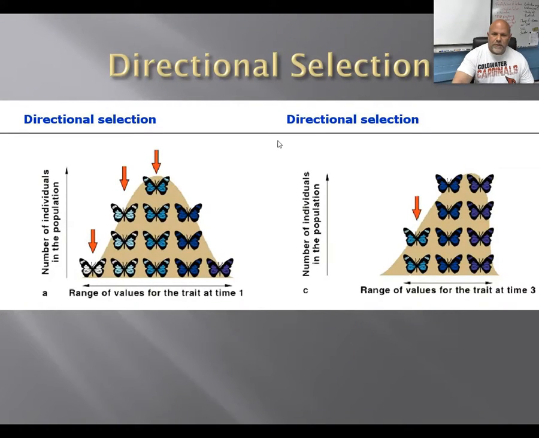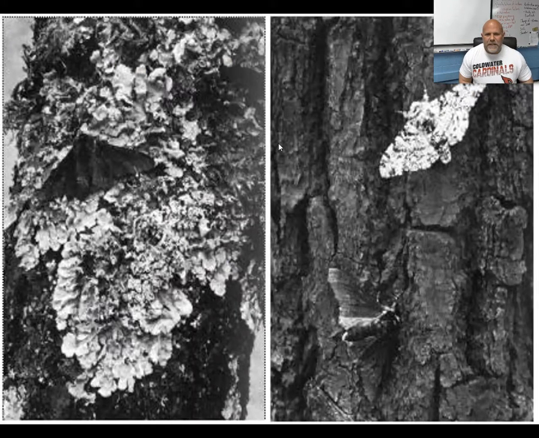There are a few types of selection that we can see in populations. One of those is directional selection. That's where a species gets pushed in one direction or another based on the current environmental conditions. A good example of this is the peppered moth, which we will go into in an in-depth explanation in class. But prior to the Industrial Revolution,